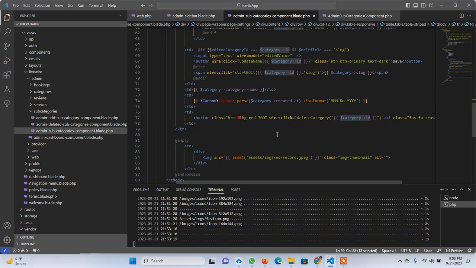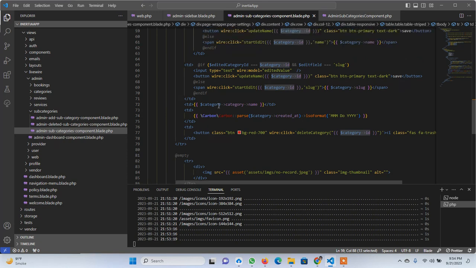Next I will also add checkboxes and allow the admin to delete bulk subcategories in future. When I implement this, I will also show you and explain how I do it on my own without using the